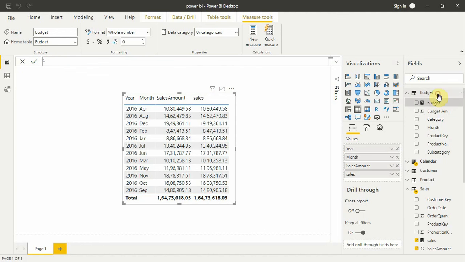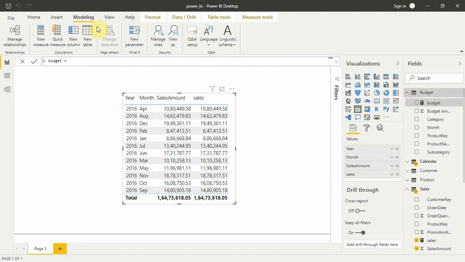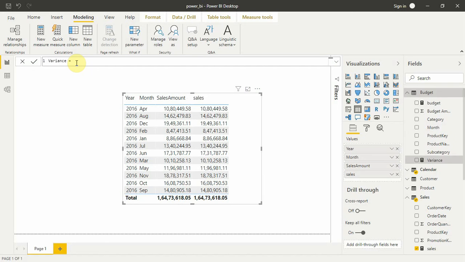Next we'll calculate variance. So we'll go to modeling, we'll take new measure, and here we'll calculate variance. Variance will be equal to, but before adding variance, let's just add budget to our table.